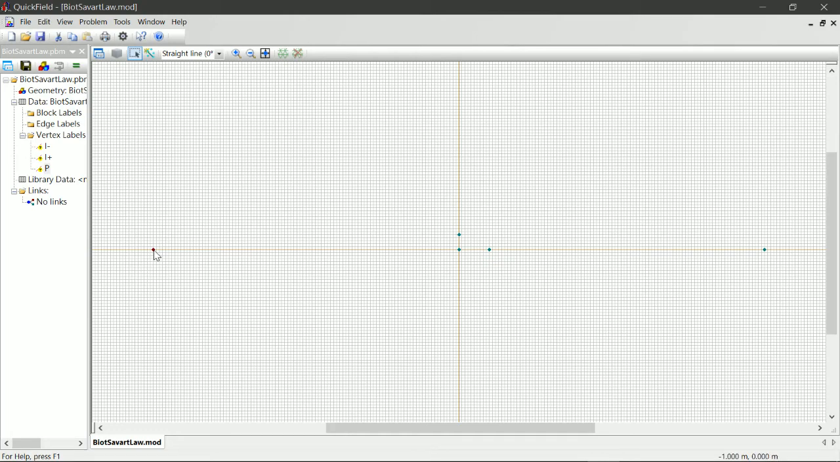-1, 0. You can see the bottom right corner shows the coordinate of the point the cursor is pointing to. So this is -1 meter, 0 meter, and this point is 1 meter, 0 meter for the y coordinate. So now we need to draw